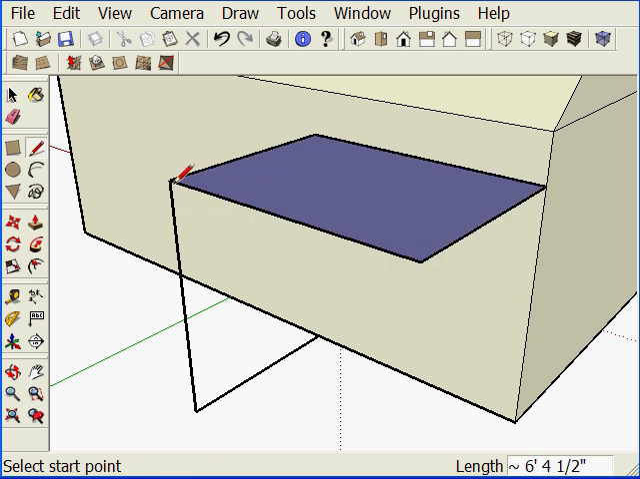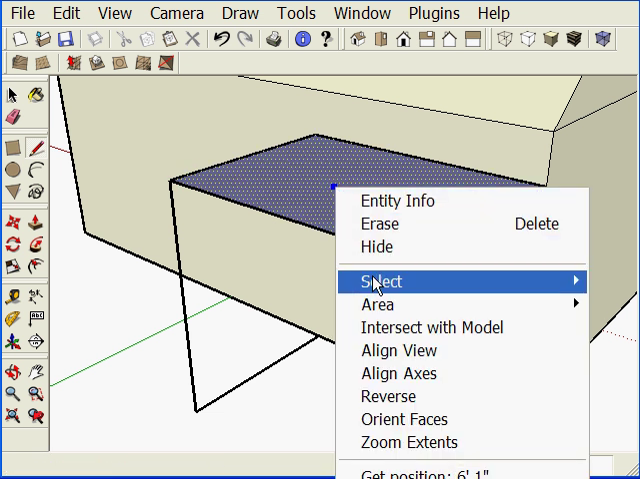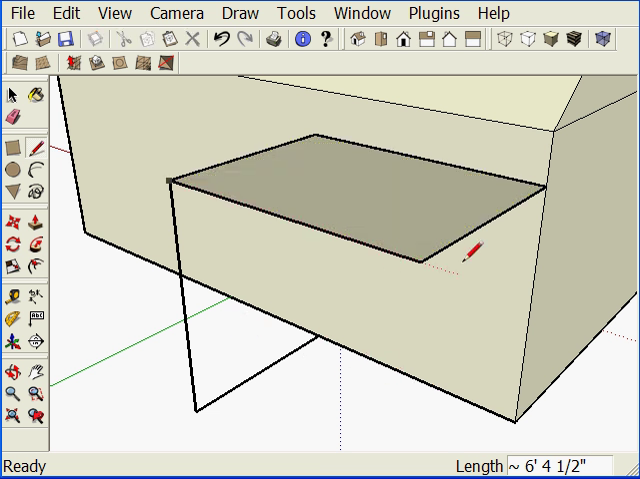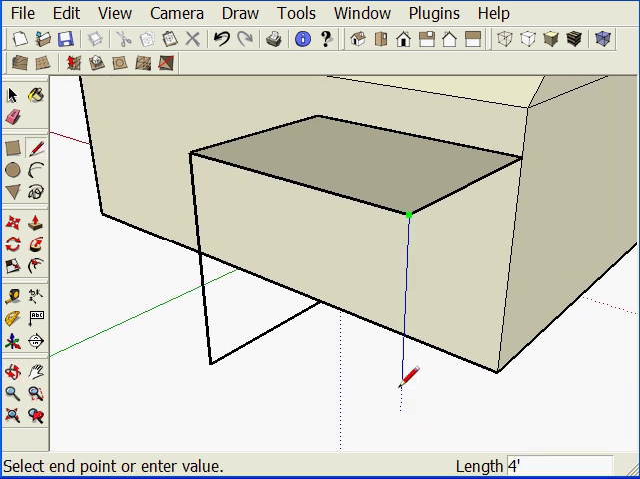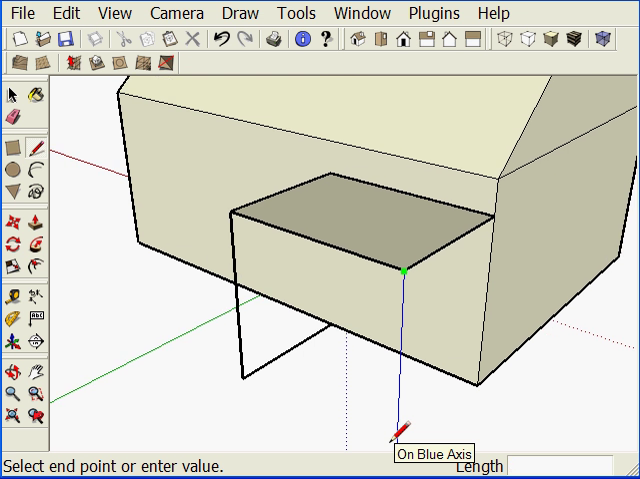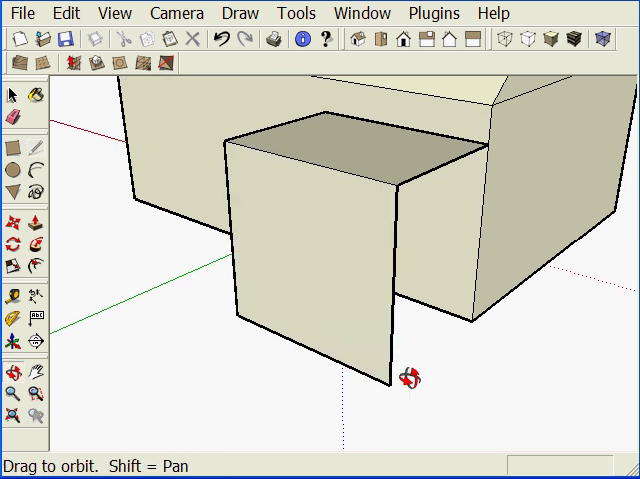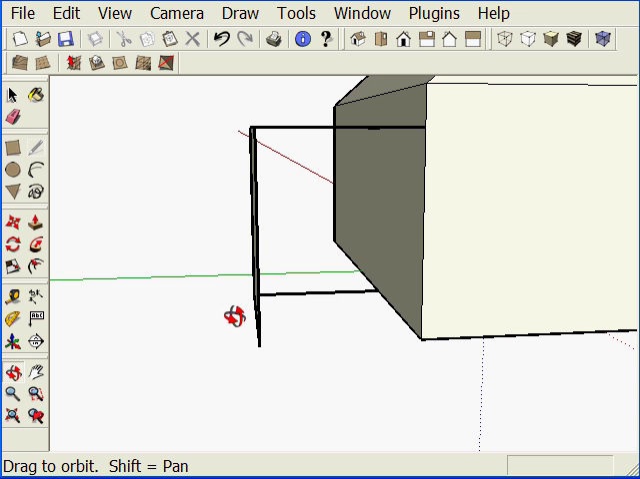I'm going to draw in the top of this addition. It turns blue because that's the inside direction, so I'll just select it by right-clicking, context clicking on the Mac, and reverse the face so it looks like the same color as the other surfaces. I'll start drawing downwards now, the blue direction. I can draw back over, and I've completed the roof in one side of the addition,